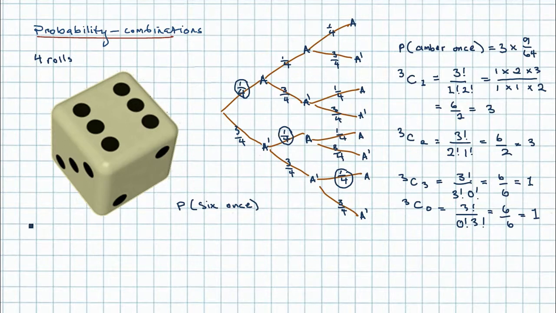So 6 comes up only once. So let's just think of an example. Just as we have with our probability tree, let's think of an example as we're going through just one branch. So it would be, well, let's have the 1/6 coming up first of all. Then we would have to have 5/6 and 5/6 and 5/6. So no matter where that 1/6 comes, we're going to get the same product. So 1 times 5 times 5 times 5, that's